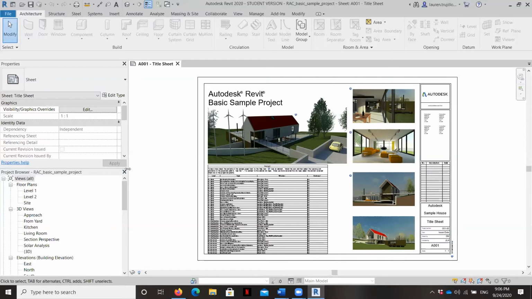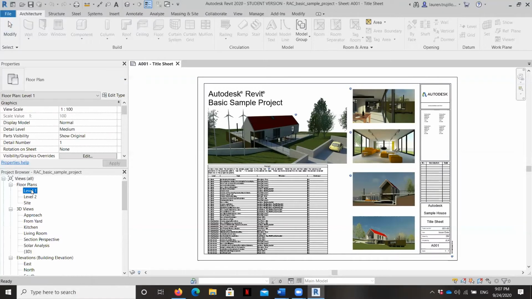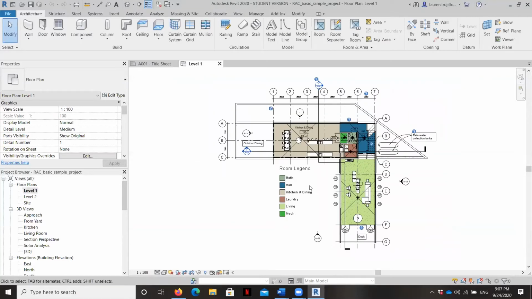What I would like to do now is move on from discussing the differences between how CAD and Revit think about a project and look at an actual project. And so what I'm going to do is just click over here in the project browser just for a second, because controlling what I show you here will allow us to manipulate this interface a little bit better. What you're seeing right here is a floor plan, the first floor plan or the level 1 floor plan of this project. But as we look at the interface itself, I'm going to describe the buttons that you're going to see in a clockwise direction.